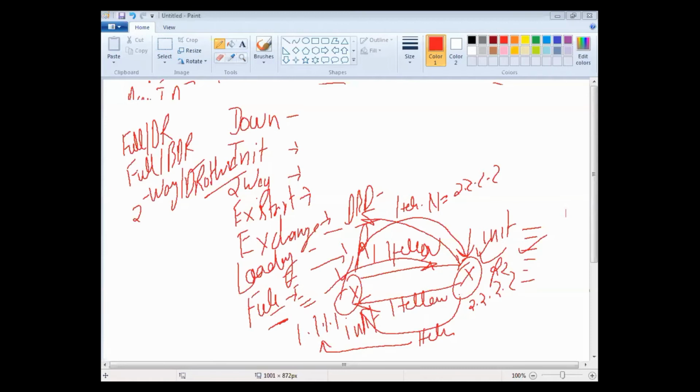And all OSPF traffic is multicast to 224.0.0.5 because there is no extra router there, only two routers can be there. And neighbors do not need to be manually specified, you just go ahead with the router OSPF command, and it will automatically detect.